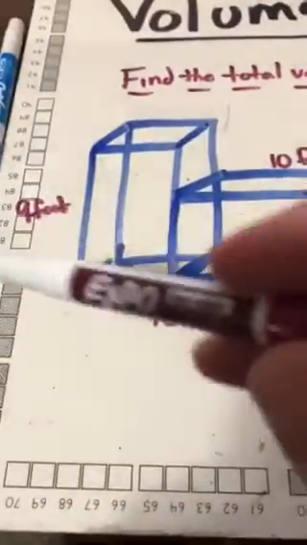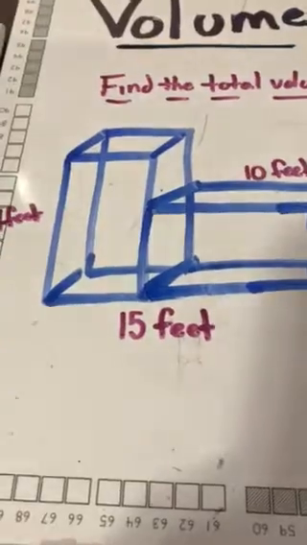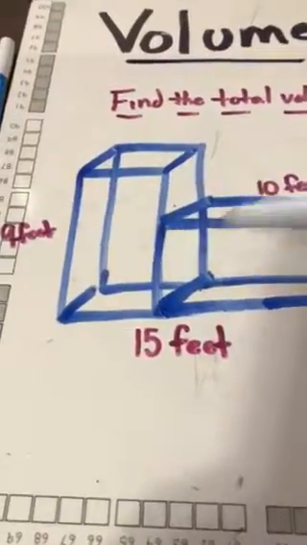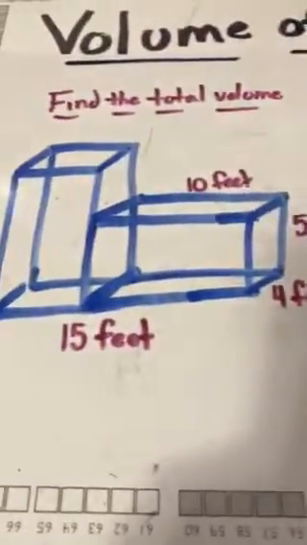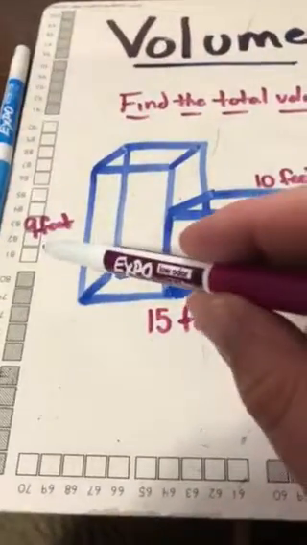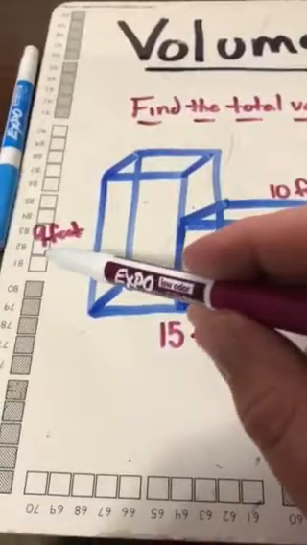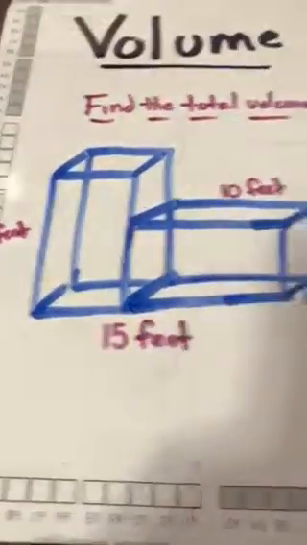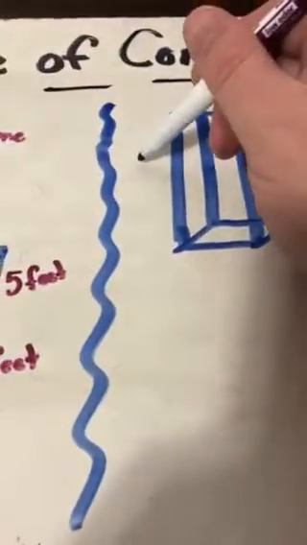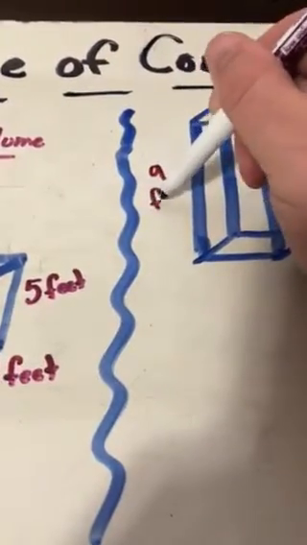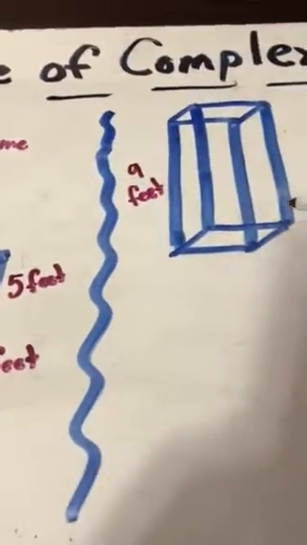All right, so after you have that, probably the most difficult part of this is trying to figure out how to label your brand new shapes off of what's here. So some of the measurements are going to be easy to label. So for example, this is 9 feet. I can come over here to my brand new shape and I can go ahead, I can label it 9